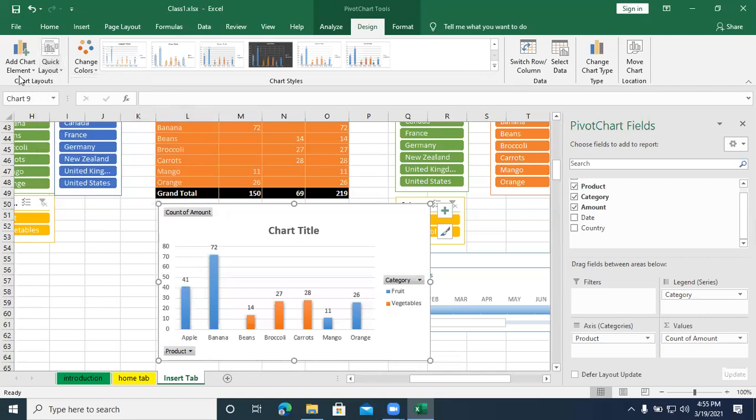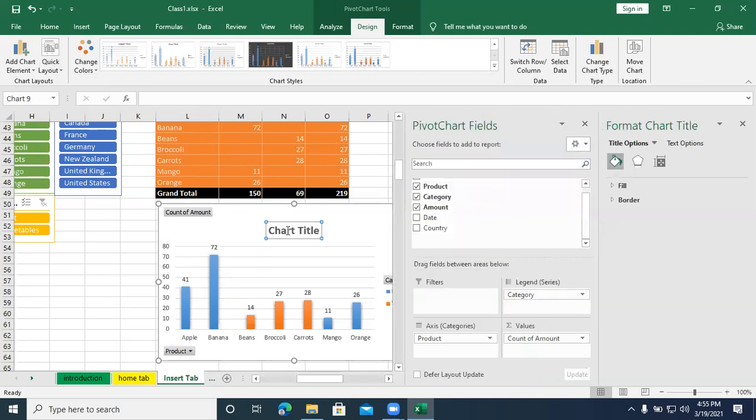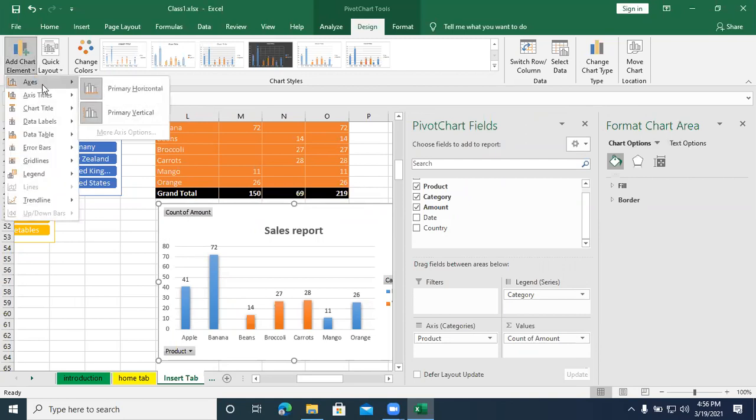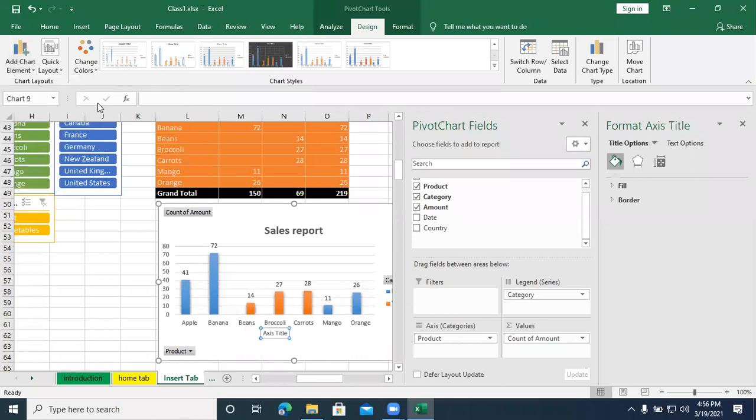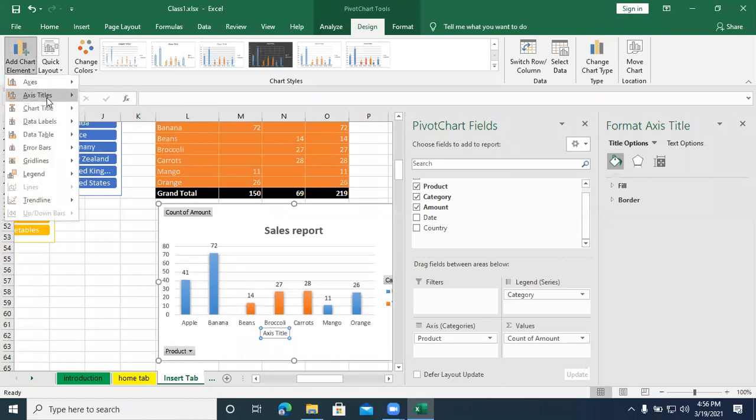So next we come back to the chart elements. For the chart title, I will enter sales report. This is the chart title. Axis: you can give primary horizontal, primary vertical.